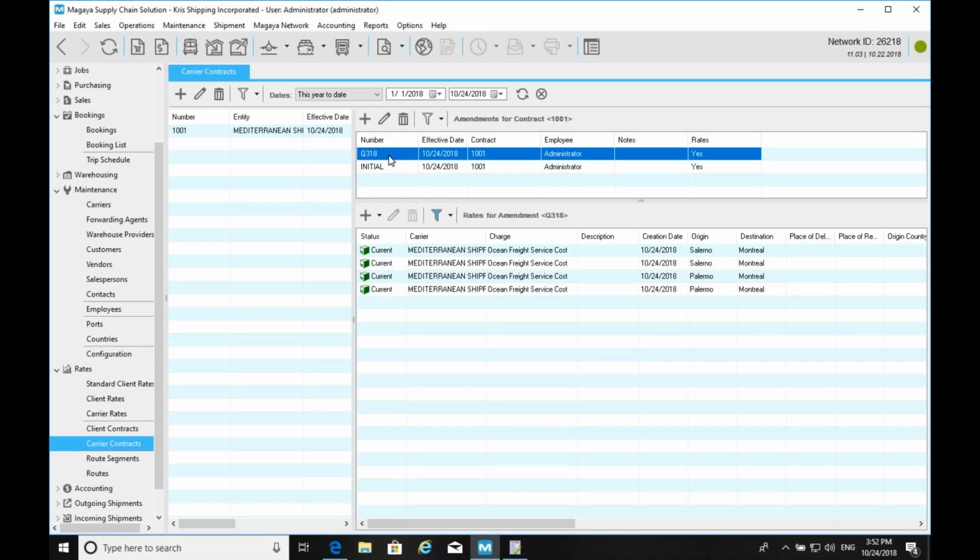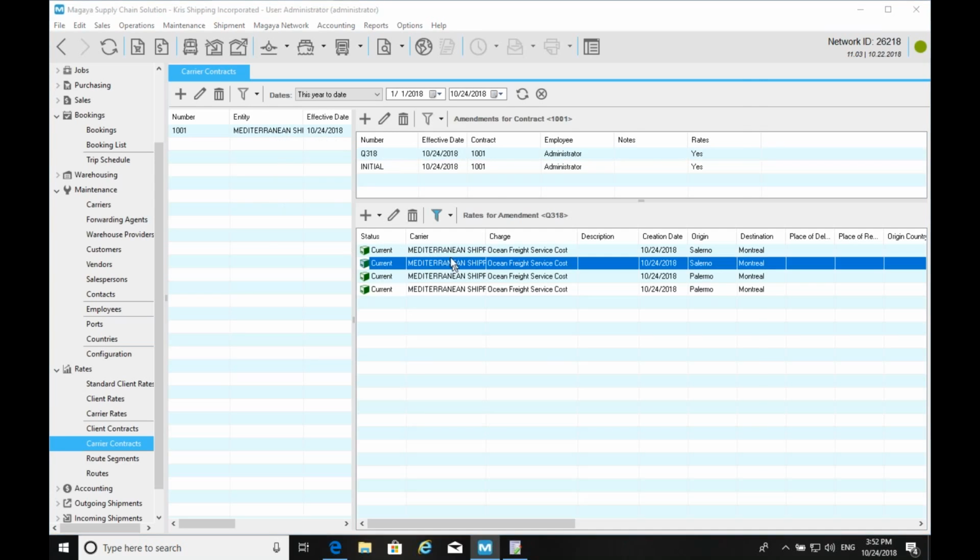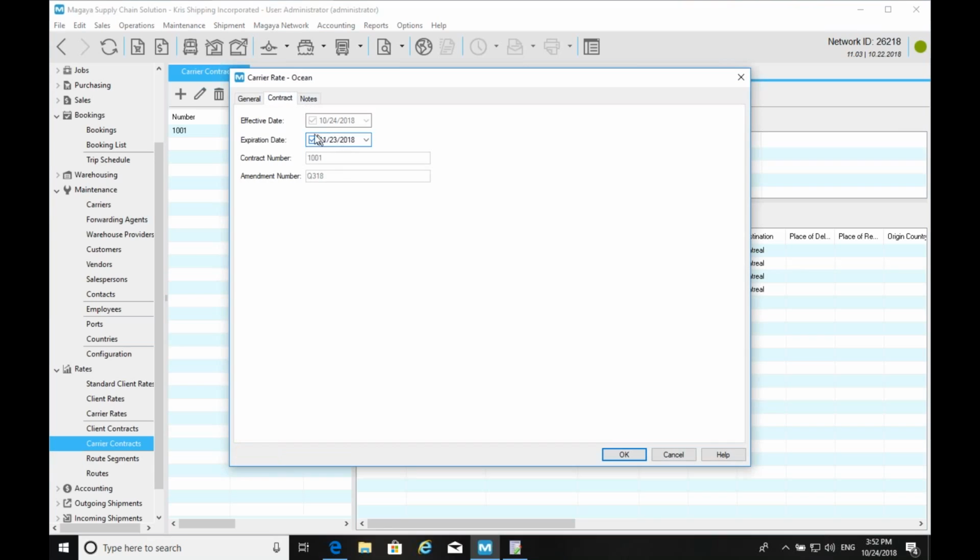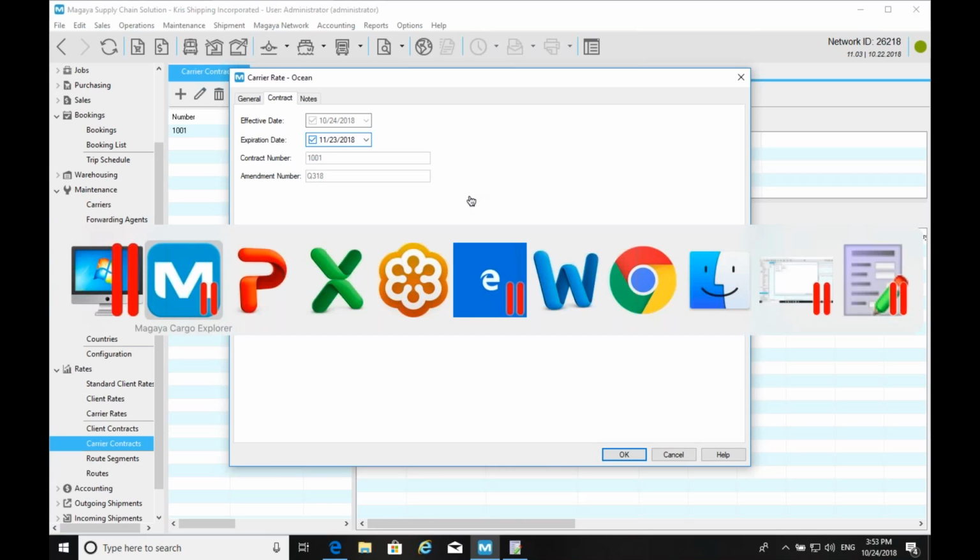Now we also have a question about the expiration of the rates, and we have that too. It's on the second tab of the rates. For your contract, you have the expiration and the effective date. The system will expire the rates according to that date. We can also do futures, by the way. So if the rate offered by your carrier is going to be effective in, let's say, 3 months, you can put that effective date, and the system will use it when that date comes in the calendar, of course.